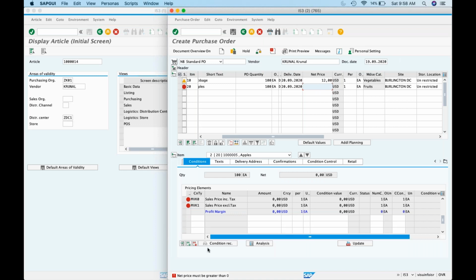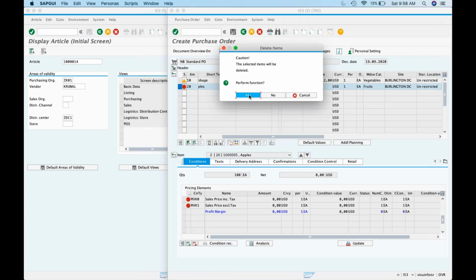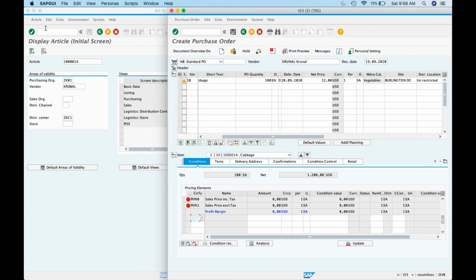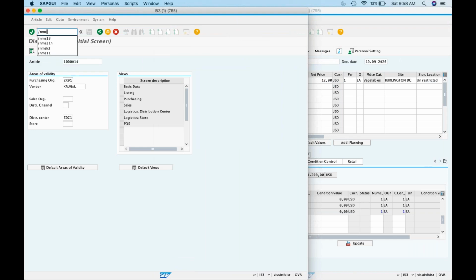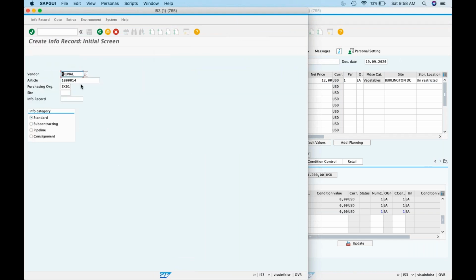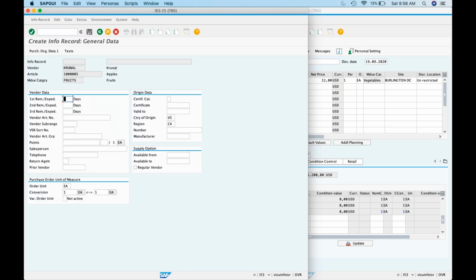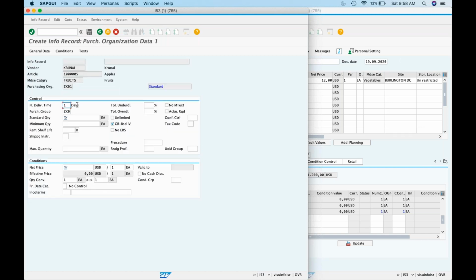That is why the system is saying net price must be greater than 0. So I will delete it. Okay, now ME11. Standard quantity is 1. For this I'll put 2 days. Okay, 10 rupees.